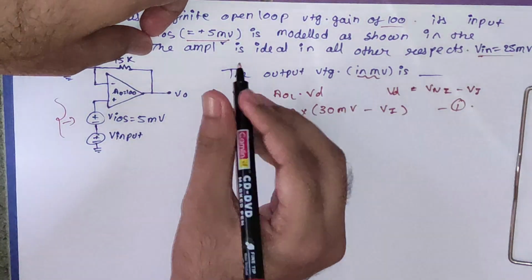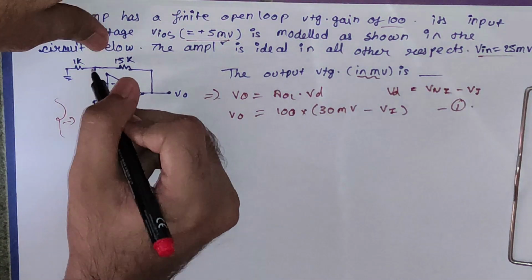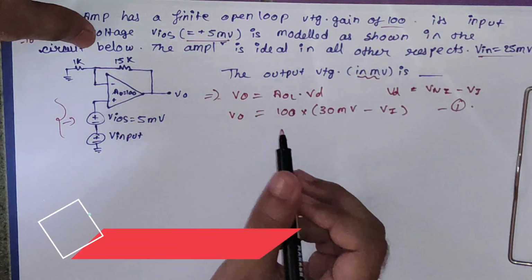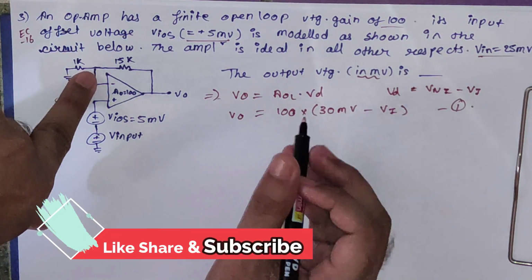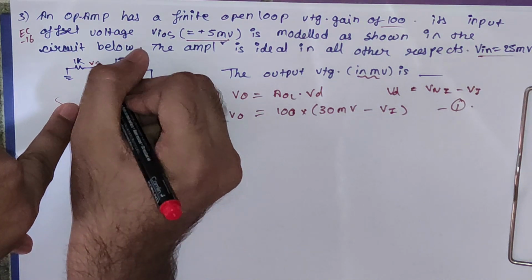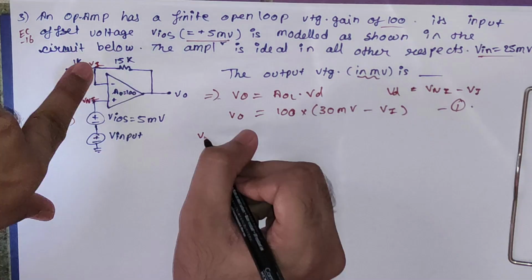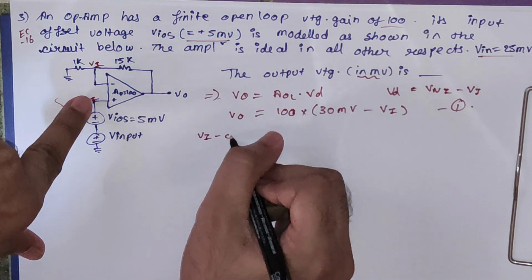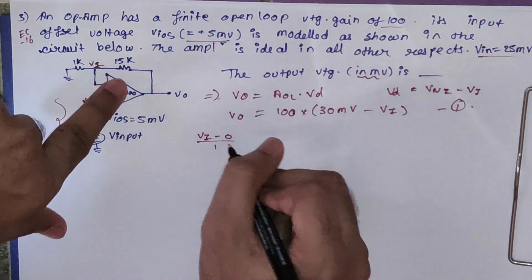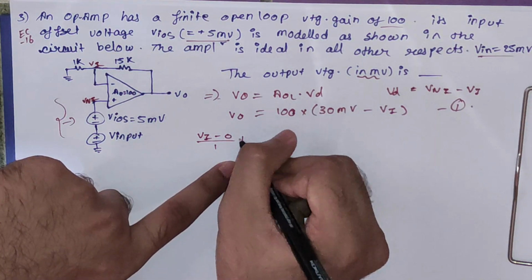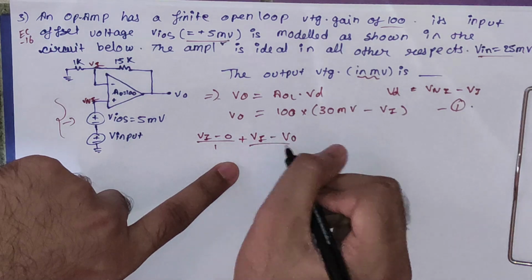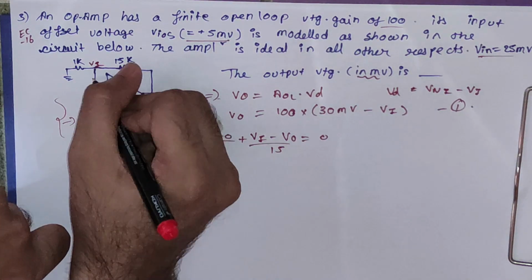So always you have to find this first equation and then you have to put the KCL at this node. Okay, so if you apply the KCL at this node, you will get, this is what Vi is, right? Vi, and this is your VNI. So you will get the equation as Vi minus 0 upon 1. I am considering all the currents as milliampere, then plus Vi minus Vo upon 15 equals 0. This input current is 0.